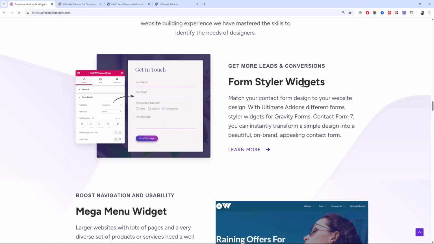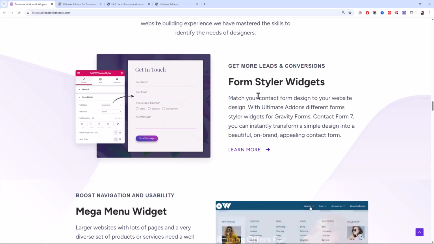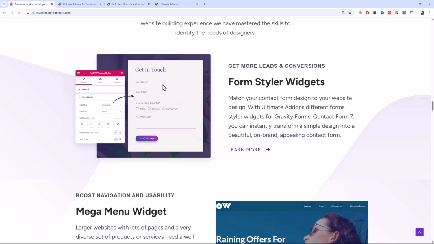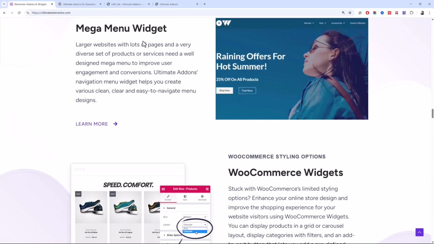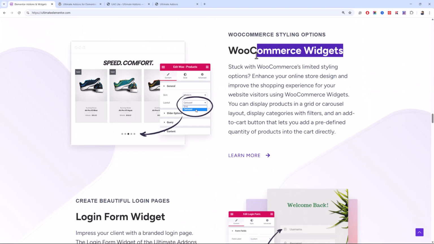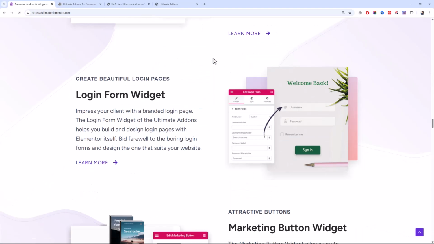It has pretty amazing form styler widgets, like you can style your Contact Form 7 forms using their widget into a beautiful layout. You can create mega menus. It comes with amazing WooCommerce widgets that you can use to create stores or integrate WooCommerce functionalities into your existing website.